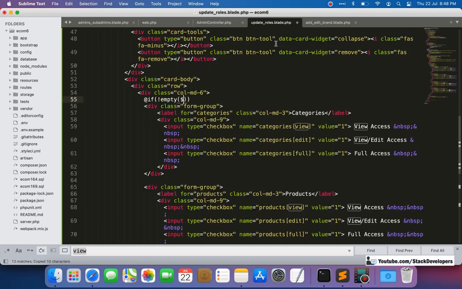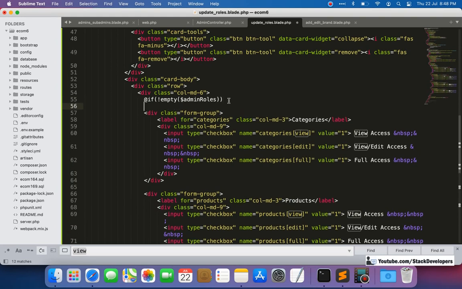Admin role. So if it is not empty, then we are going to add the condition. For each condition we are going to add, foreach this admin roles as $role, I think role.